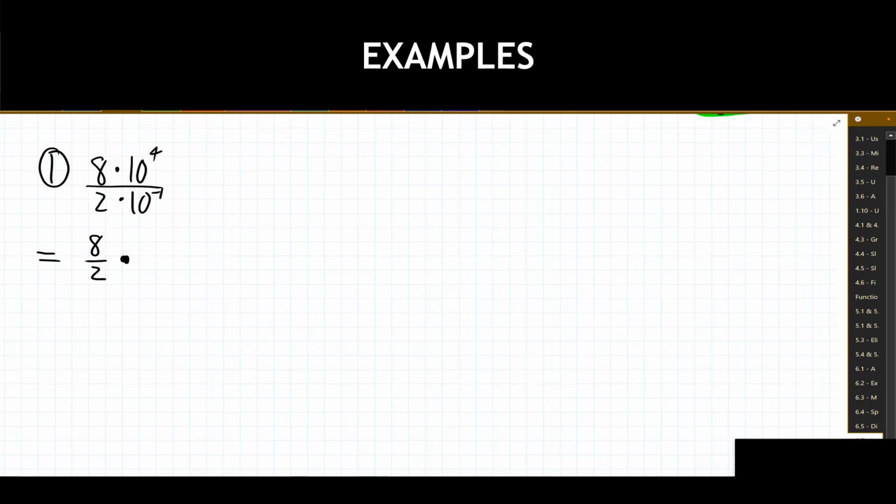Now again, that's going to utilize the quotient rule, so this thing is going to be written out as 10 to the 4 minus negative 1 power. So we have this initial setup for ourselves. Great. Let's actually compute this thing now. So 8 over 2, it's going to give me 4. 10 to the, well, I have 4 minus negative 1. I really don't like double signs showing up in there, so I'm just going to rewrite this to 4 plus 1. Much clearer now. I'm going to get 4 times 10 to the 5th power as my final answer.